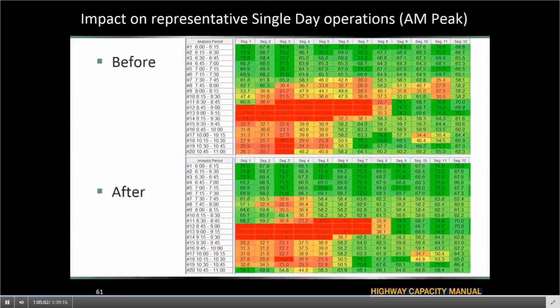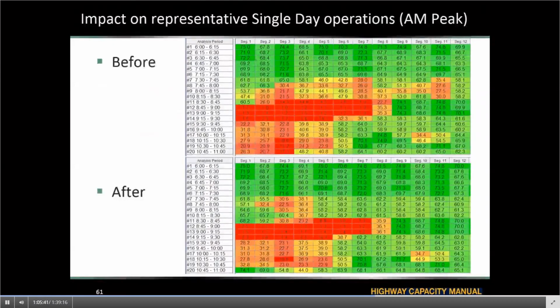So the HCM method would be able to do a single day operation where we're looking at a before and after evaluation of ramp metering. This is just one of the days. Clearly operations on freeways change from day to day, but the impact here is somewhat subtle. You can see some performance measures here at 7:38, 8 o'clock. Slightly better performance once the ramp meters have been activated, but then certainly some of the peak morning congestion that cannot be handled by this particular ramp metering implementation, which also wasn't the overall objective.